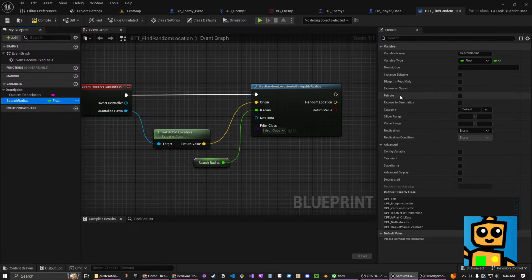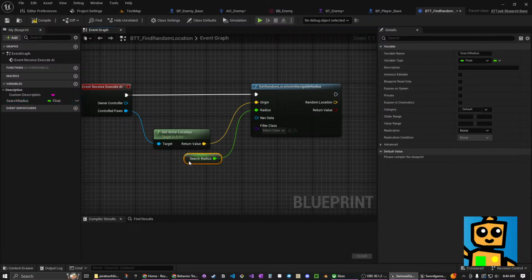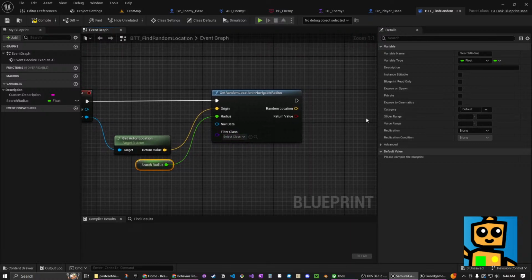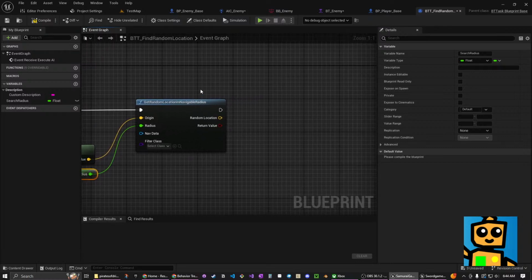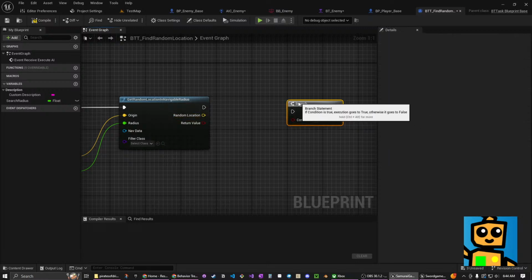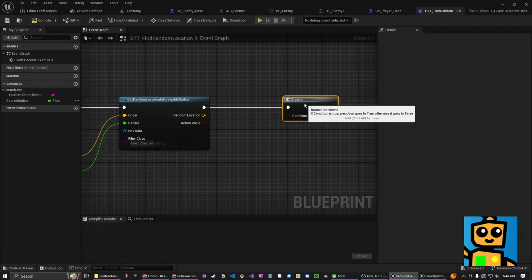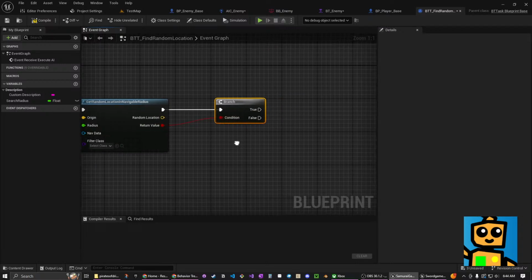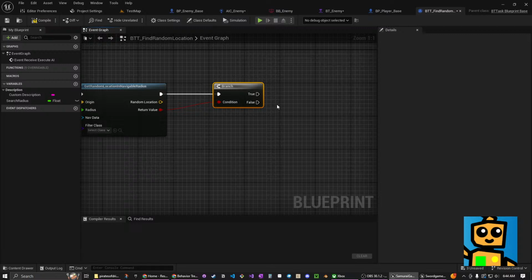Search radius. Okay. We don't need nav data, we don't need filter, and then all right, I guess we need to do this so that we have both. We'll just do what they did. Okay, so if you failed, we'll do something else, but if you're, okay, and then